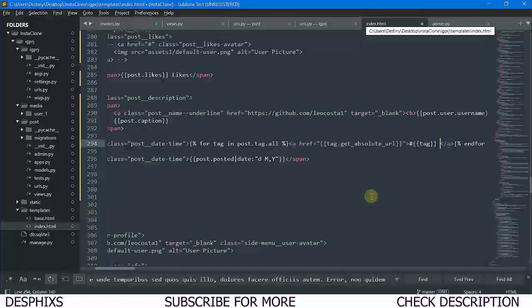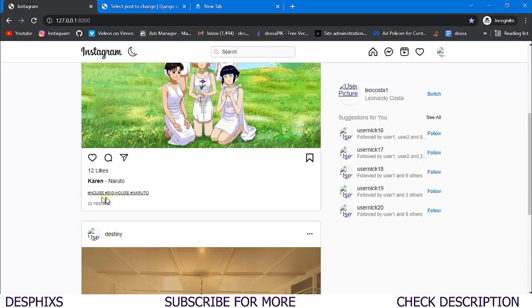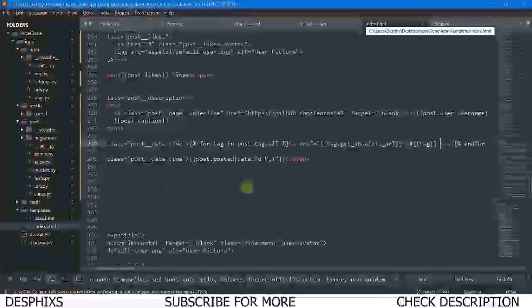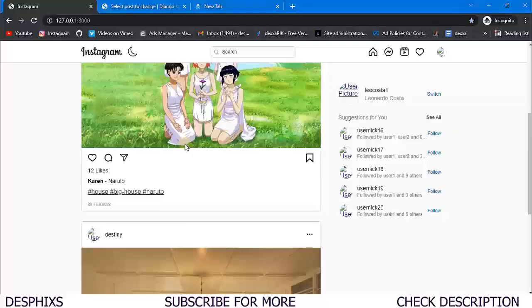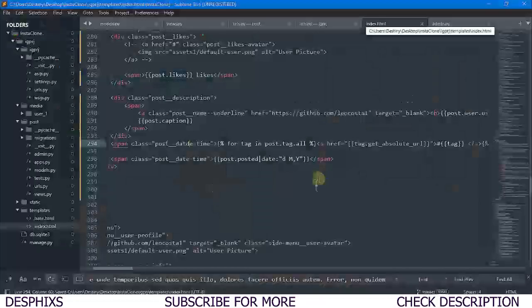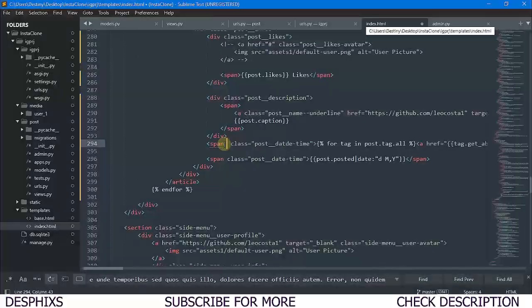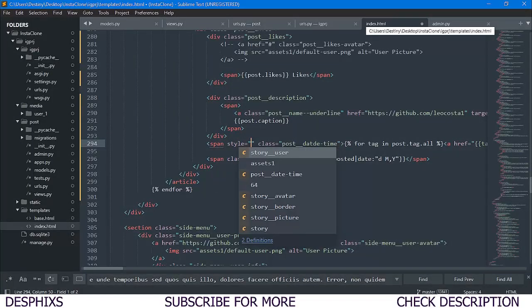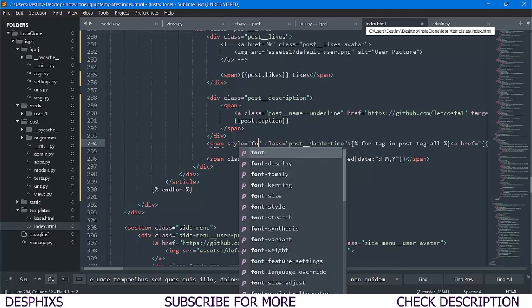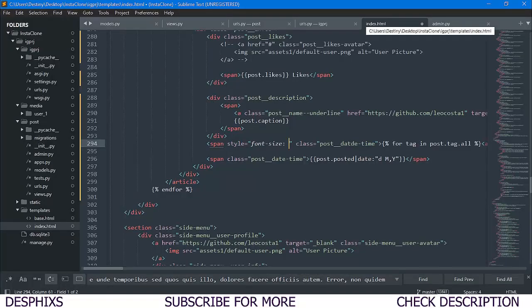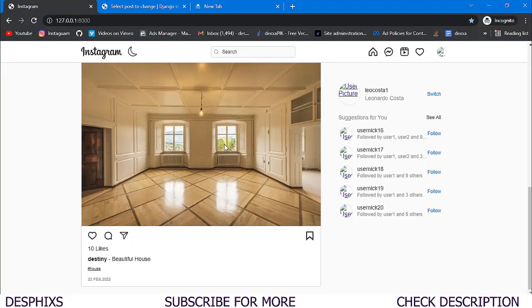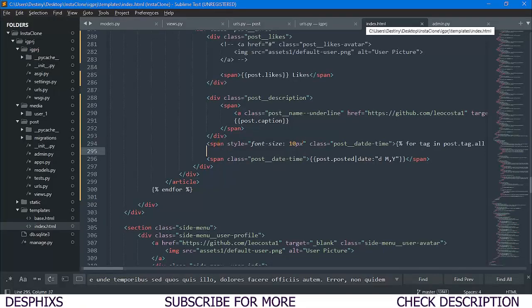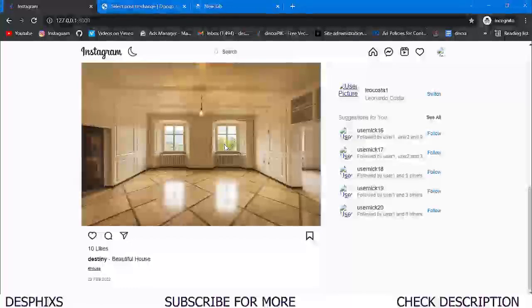Okay, so let's get rid of this. House, big house, Naruto. And why is it in uppercase? Let me get rid of that. And let's simply just style this. We're gonna say font size should be 10px. Okay, that's our expectation, but it's a little bit small, so I'm gonna say 12.